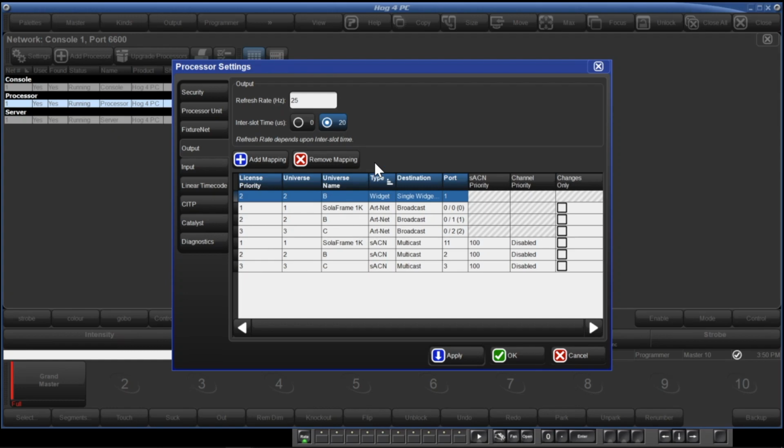For example, if you have a show with 4 universes patched and you want to run it on Hog4 PC with a 2-universe ETC Nomad dongle and a Gadget 2, universes of priority 1 and 2 will be able to output. The priority can be changed, so if in that case you really need universes 3 and 4 to be the ones that get output, you can change the priorities and map them to your Gadget 2.